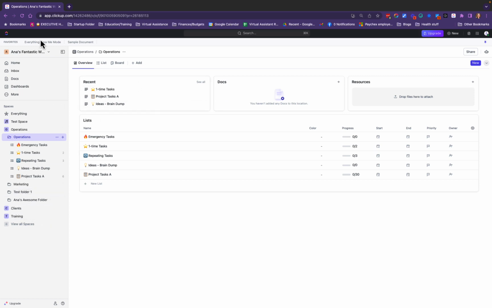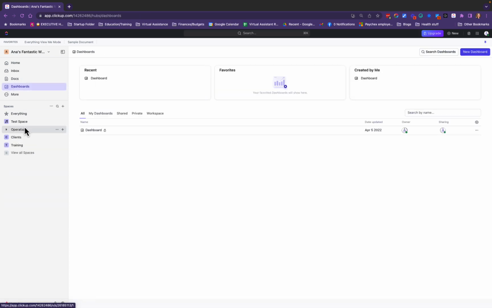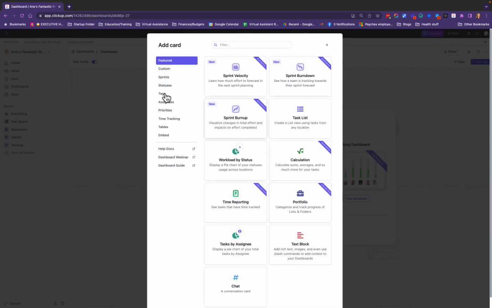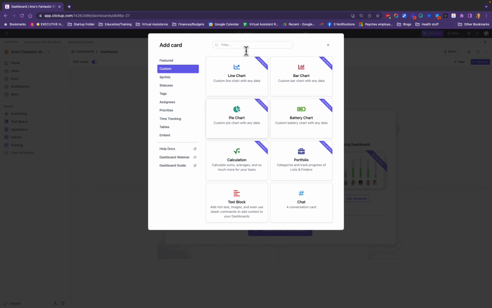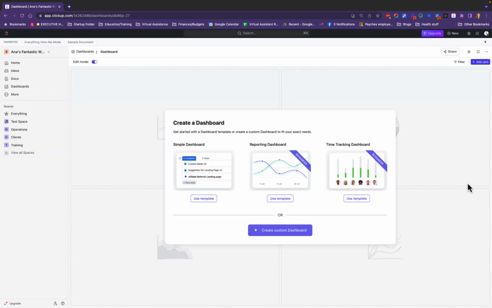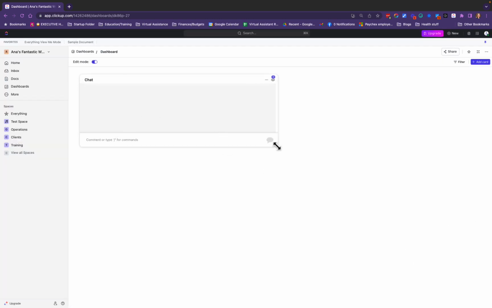But one of my favorite things is actually to create a dashboard specifically for your team, for team events, team birthdays, and also a chat that can go on between the team itself for any sort of thing that's going on that is not related to a project specifically that we're able to talk about as well. And you can kind of create that. I have a dashboard here. We're going to create a custom one, and then I'm going to just kind of show you here within a conversation chart here. And if you add that card, and I say widget because I'm still old school with that,